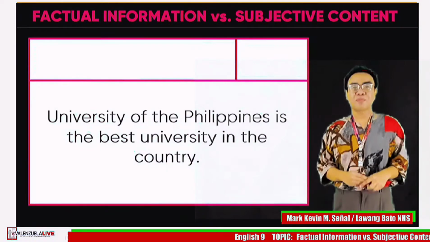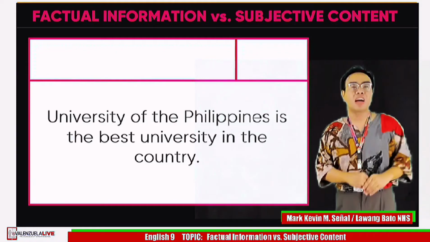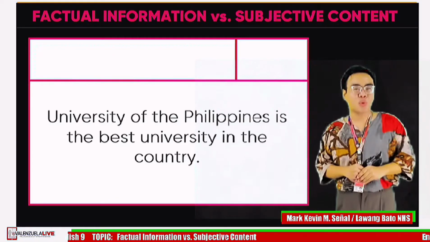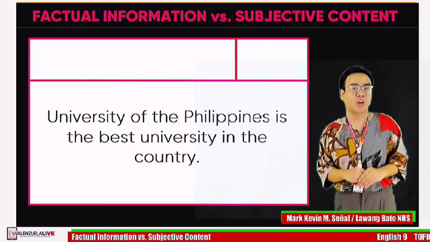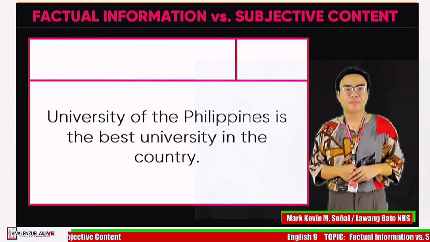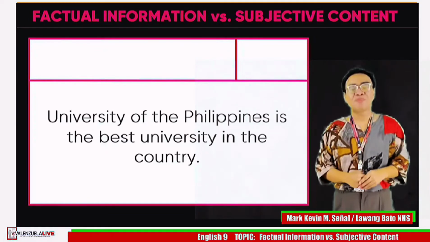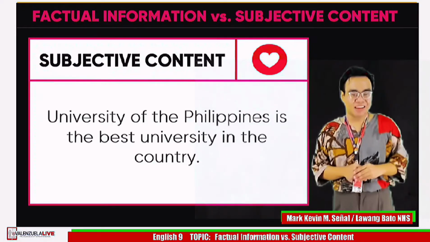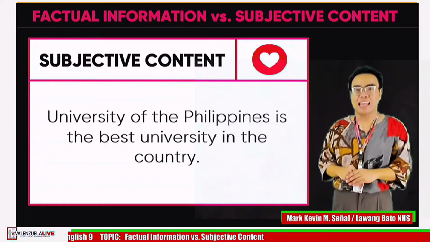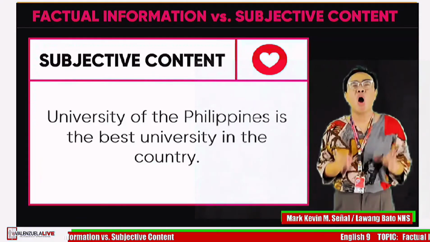It says, University of the Philippines is the best university in the country. By using the word best to describe UP, is it factual information or subjective content? I'll give you 5 seconds to comment down your answer. Okay, the correct answer is heart. It is subjective content because though UP is really a premier university, it is just a perspective that it is the best among all other